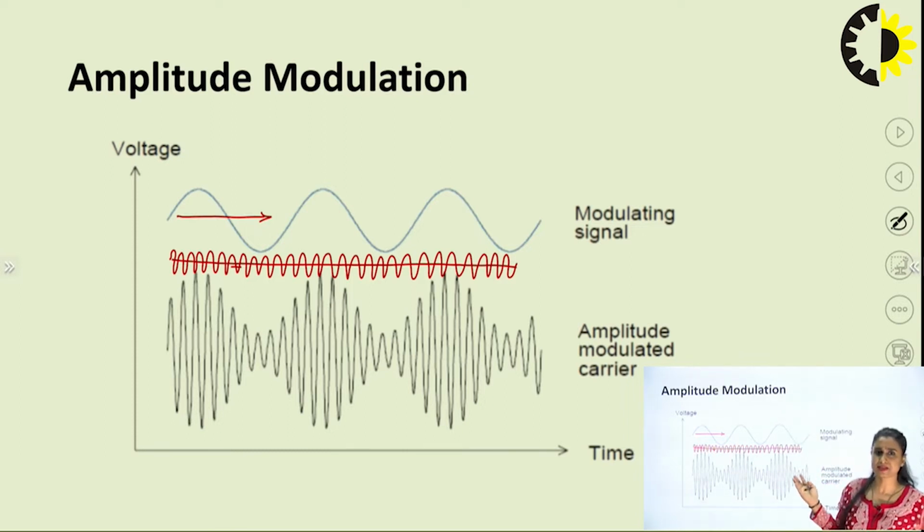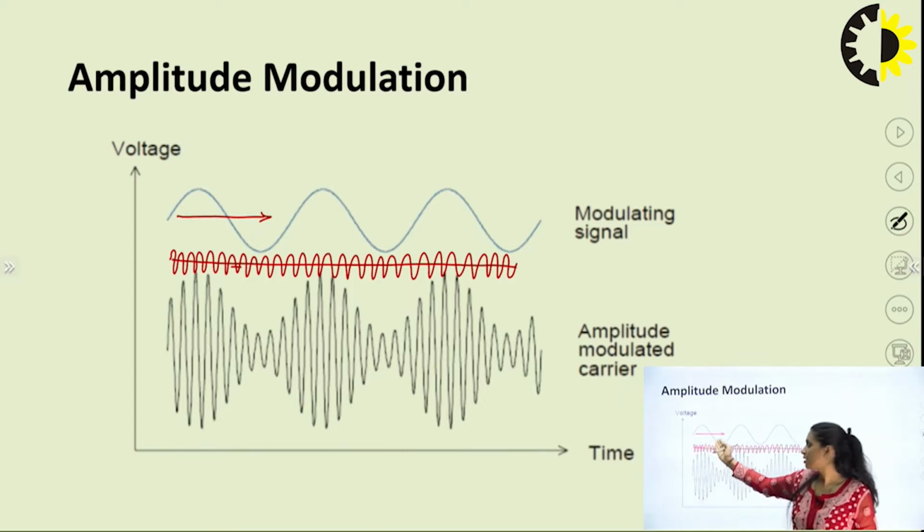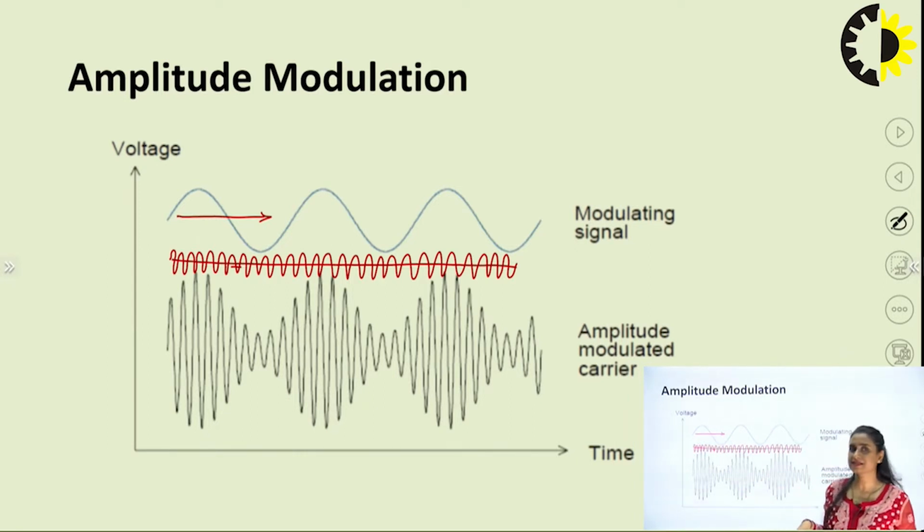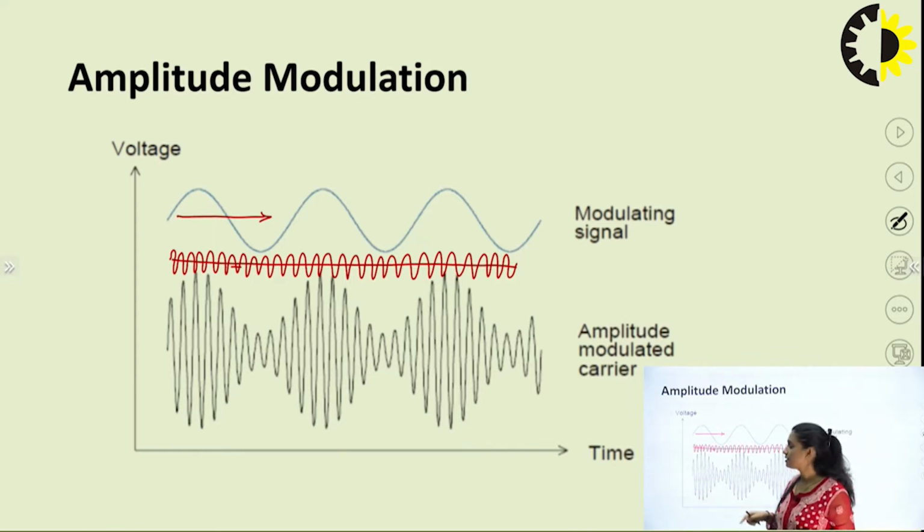So we are representing it with a visually understandable signal, right, because one cycle can be compared with 10 cycles. It will be very difficult to draw 10,000 cycles in one cycle of my message signal, right. But practically we need to understand that the frequency shifting occurs from hertz and kilohertz to megahertz and gigahertz range, right. So what basically happens is,